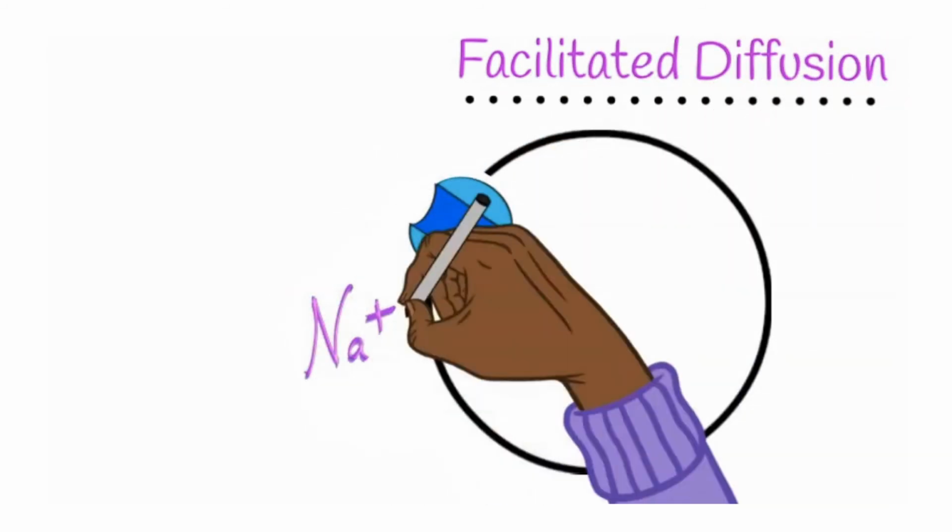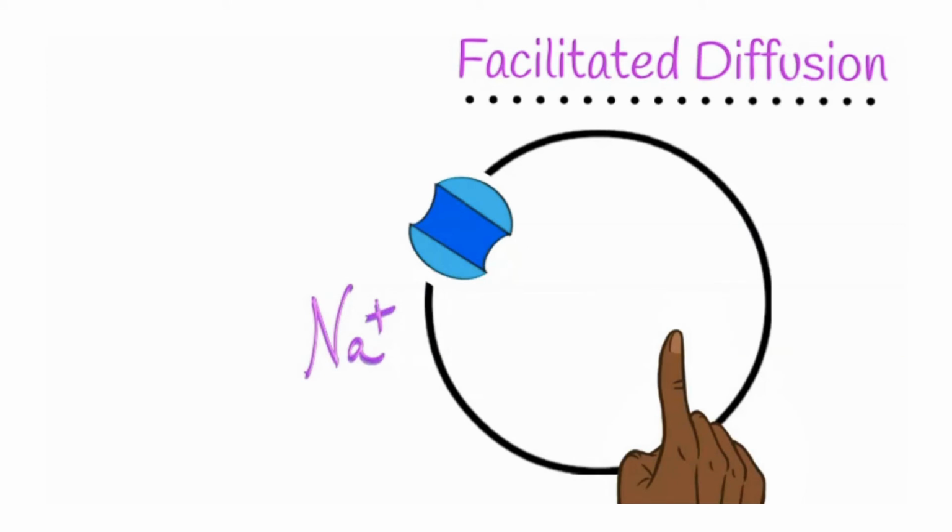So let's take another look at facilitated diffusion. Now, facilitated diffusion can be things like sodium. Sodium is going to require a channel to cross that phospholipid bilayer because it is charged. These channel proteins oftentimes are very specific to an entity, whether it's a molecule such as glucose or an ion such as sodium or potassium or calcium, chloride, what have you. Now keep in mind, we're assuming that both sodium and potassium have maintained their gradients. So sodium is going to be inclined, if you will, to move down its gradient into the cell through that